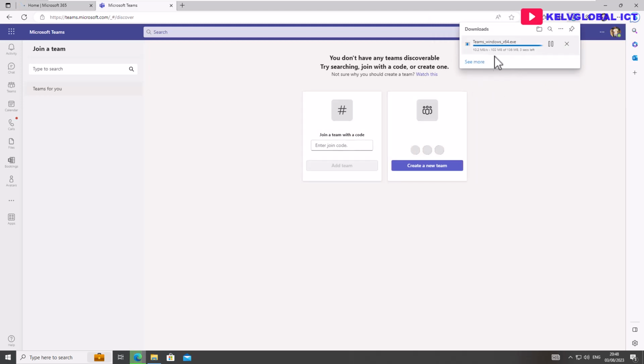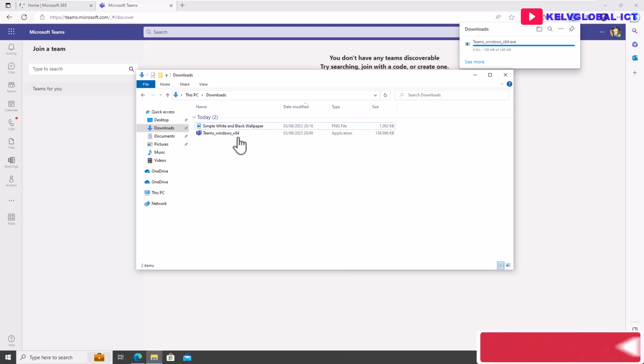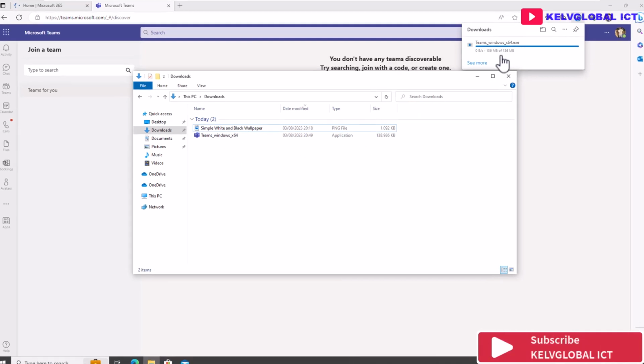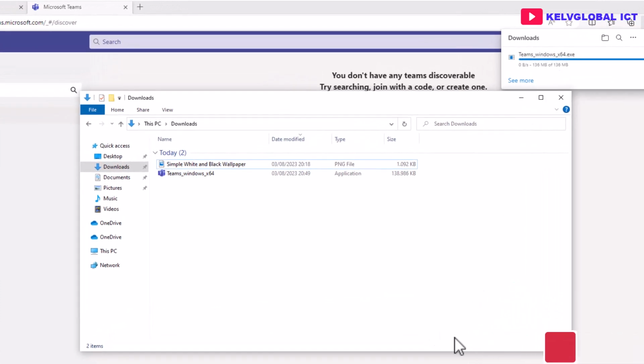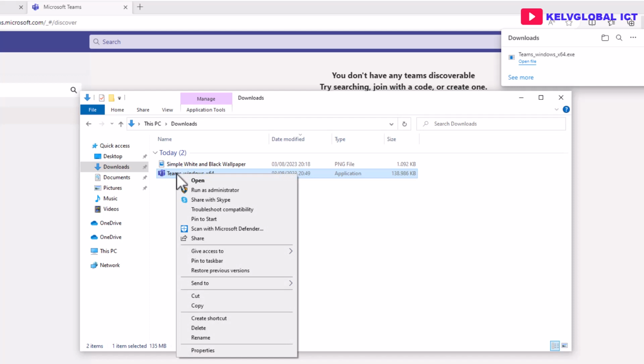After the download has been completed, you can see it goes very fast. What you need to do is go to your download folder, and from your download folder, here you can see we have Microsoft Teams. But please wait until you see that it has been fully completed. When the download is complete, you can right click and then run as administrator,